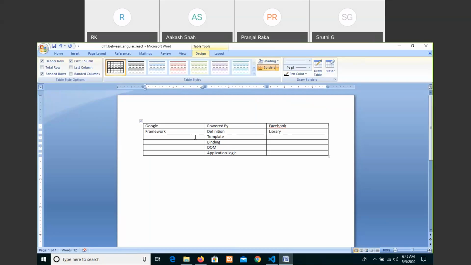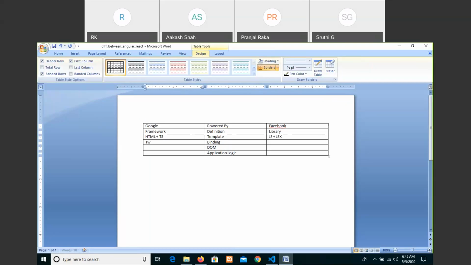And in designing, I mean the template concept, here we use HTML plus TypeScript, whereas here it is JavaScript, additionally with the JavaScript extension.